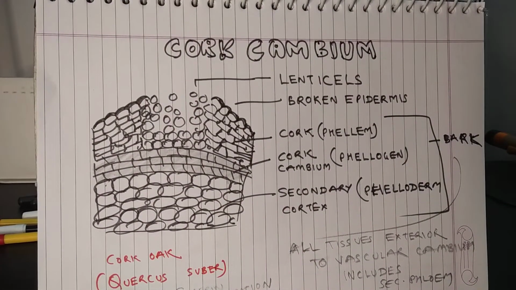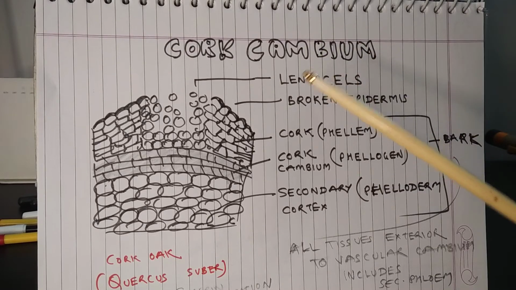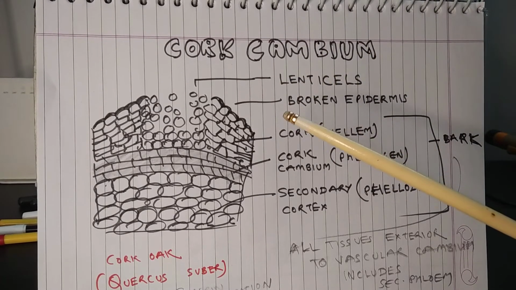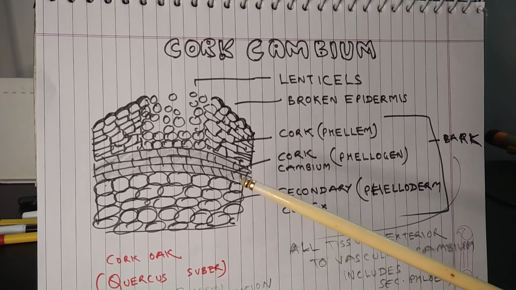Cork cambium. Once the secondary growth takes place, the diameter of the stem increases manifold. And what happens after that? The epidermis is no longer in a position to take all the pressure of formation of newer and newer tissues. So a time comes when the plant has to make a new layer of epidermis, and to do this, cork cambium is formed. Cork cambium is formed from cortex, and it starts dividing and giving off newer cells.